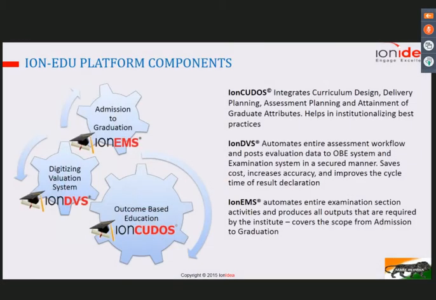So moving to the products we have in IonIdea. We are in the education sector for 5 years. In the Ion education platform, we have 3 components. One is IonCUDOS, which helps you to design a curriculum structure in line with the assessment planning and also attainment analysis. It also helps you to get the OBE, that is outcome based education platform, for your institute, and it will provide you the inputs for the NBA SAR,